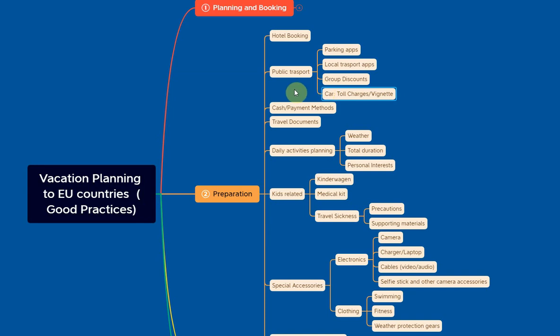If you're traveling by car, it is definitely necessary to know about toll charges or the Vignette. This is the label, or sticker, that you need to buy and put in the car in the expected way, so that you will not be fined if it is not visibly displayed in your vehicle while traveling across borders or to different countries where this special sticker is necessary.